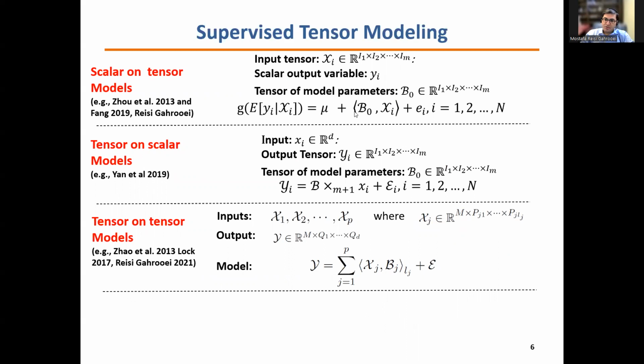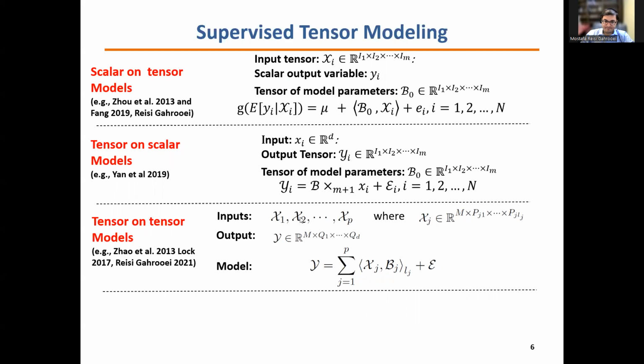Different techniques can be used to estimate these parameters, for example, by maximizing the likelihood function, or location scale model, or in our case, LQ likelihood for robustness that is proposed by our group. Tensor and scalar models are also available, where the input is a vector and the output is a tensor, and the goal is to predict the output tensor using the input vector by estimating this set of parameters beta from